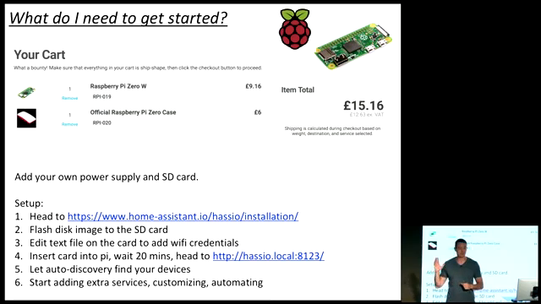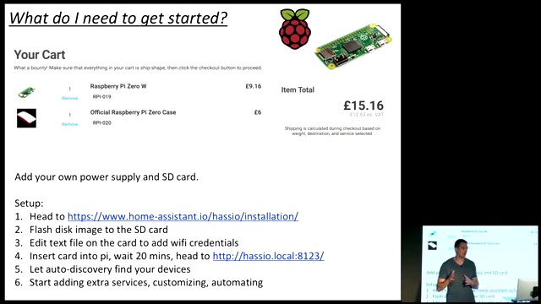The setup process is pretty straightforward. What you would do is just head over to the URL there and download a disk image. You then flash that onto the SD card. An optional step is to set up some of the configuration for the Wi-Fi, for instance. You would basically just edit a text file on the SD card, plug the SD card into the Raspberry Pi, give it about 20 minutes, and it's going to connect to the internet and download the latest updates to Home Assistant. Then it's going to start a little web server, which you can access via this URL over here.